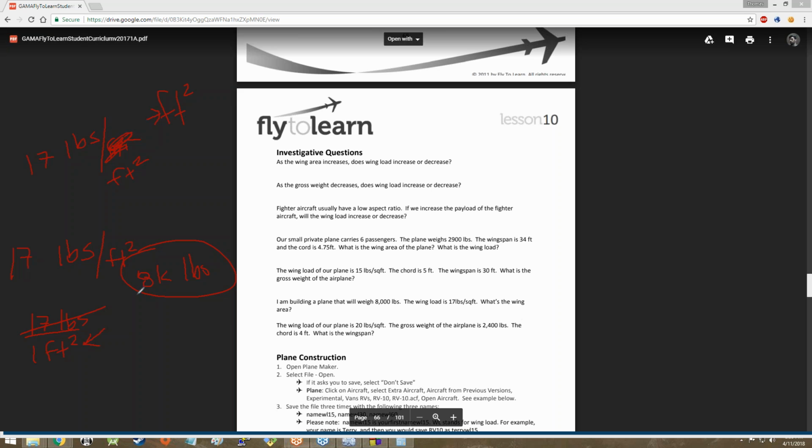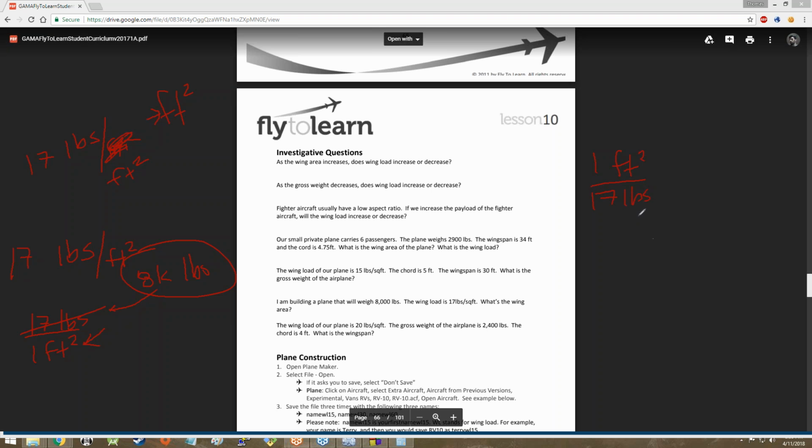We can use the same trick that we did before, kind of, because we can't really multiply into it yet, but we can make it so that it's possible to multiply by just flipping it. So if we go 1 foot squared over 17 pounds,